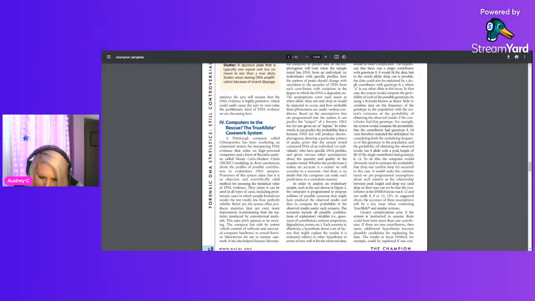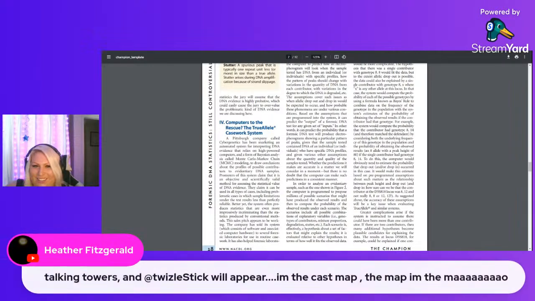So, oh my gosh, hello, American Princess. Chloe Penny, you have to wonder what type of DNA those other samples are, the three unknown. Exactly. And if they were willing to put blinders on, you never know how closely they actually matched. Exactly. It doesn't mean anything. He could have been in his apartment and pinging off that tower. Yep. They lied to get those warrants. Yes, they did. Talking towers and a twizzle stick will appear. Twizzle stick. That's really funny, Heather.